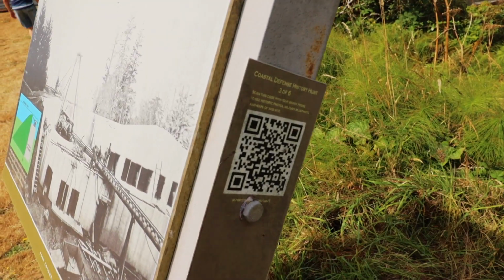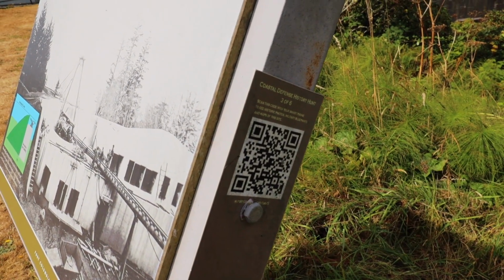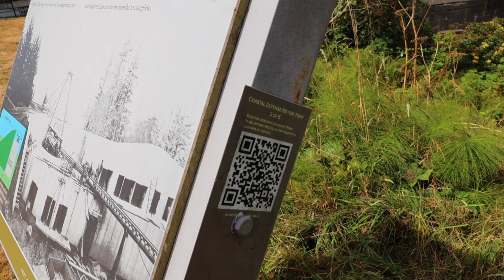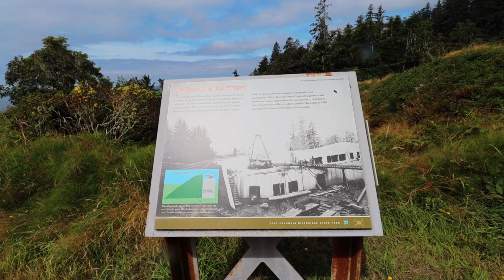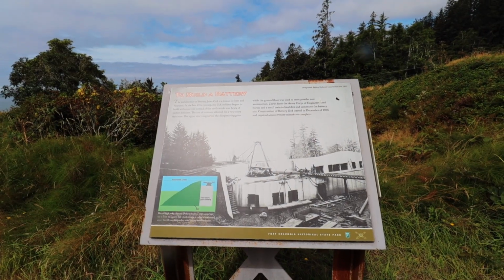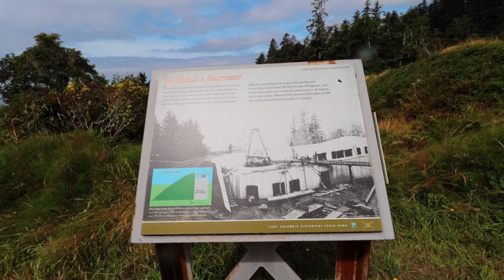A couple of interesting things at this stop. Right here you'll find a QR code that's actually on the side, and it says scan this code with your smartphone to see historic photos, military blueprints, and maps of this site. Also, we have a sign here that tells us a little bit more about how they actually built the battery that is before us. This was an architectural feat that took almost 20 months to complete, and you can see kind of the basics of what that would have looked like